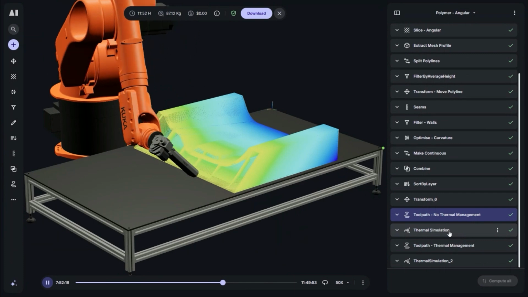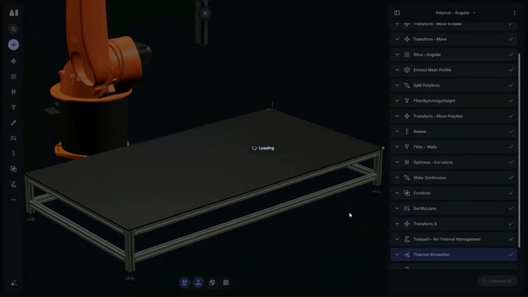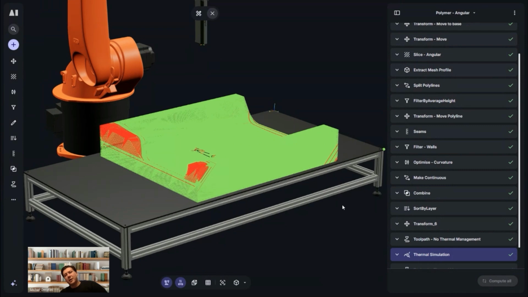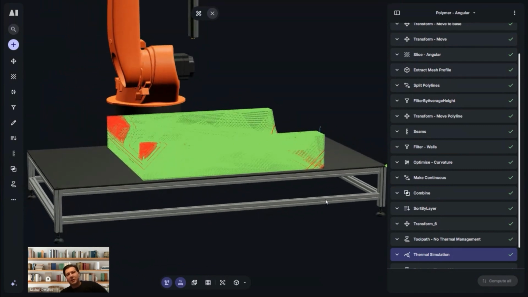But we'll look at the thermal simulation. It is important to note here that definitely there are many actions to be done, but at the same time, this is needed after some years of experience making parts. You need to have that kind of flexibility. But for us as well as software developers,